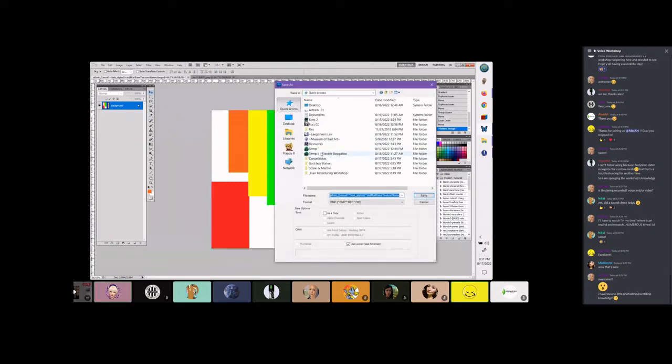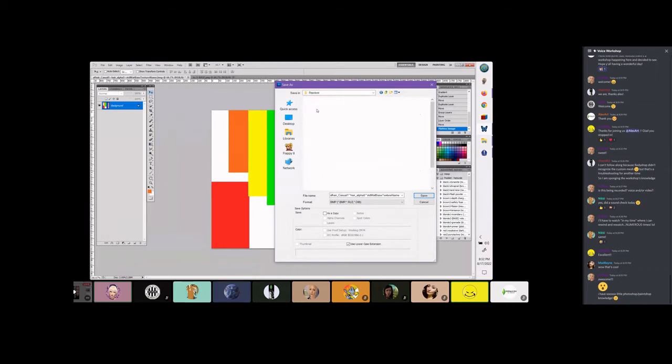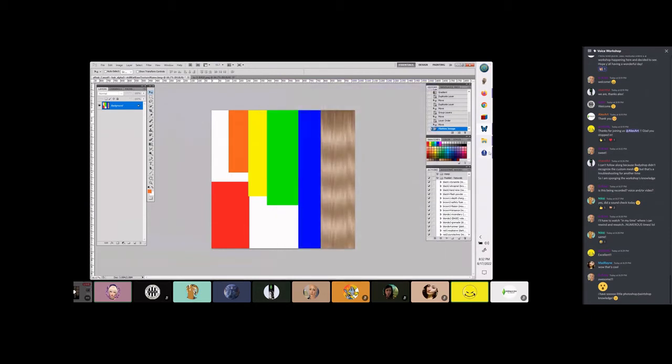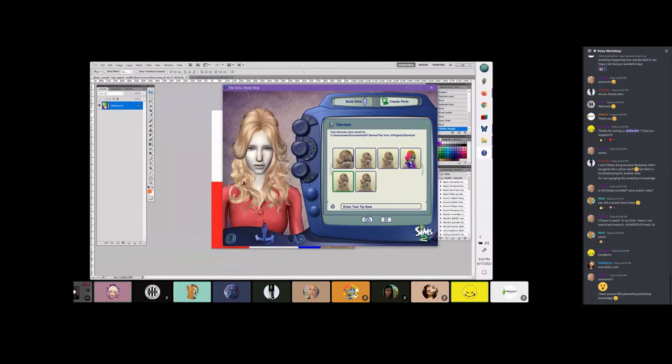You want to go back to your, I have to go to Documents, EA Games, The Sims 2. You save it over the YA texture as a BMP. The bitmap for the adult, the very first one that shows up, the AF. So you put save. It already exists. Yes. Now when you refresh it,